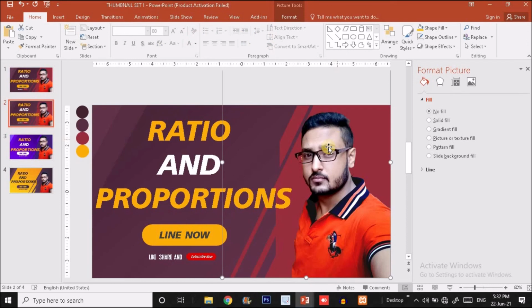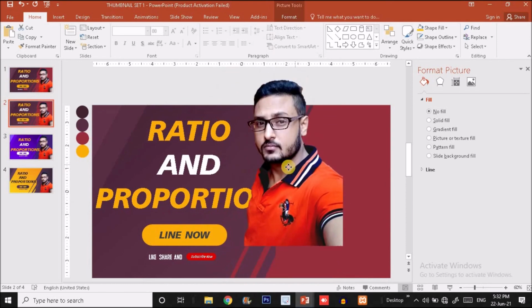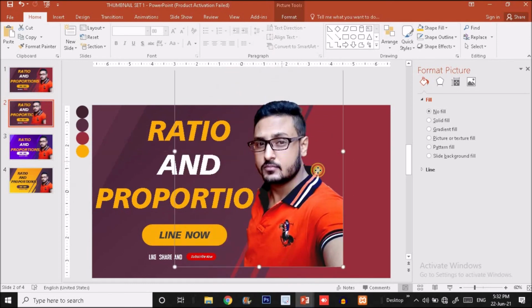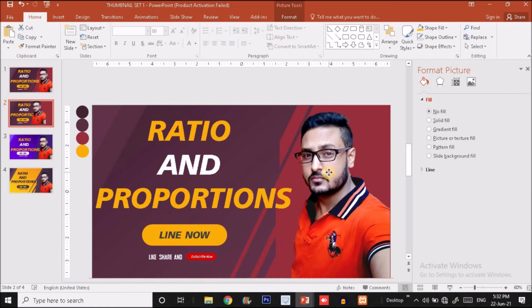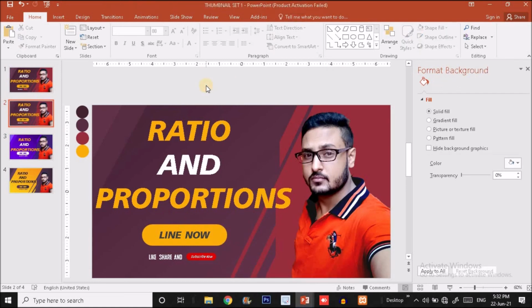So, and let me tell you about the picture, guys. I have created this in PNG format. I have removed the background in Photoshop and maintained the levels by pressing Ctrl L on the keyboard in Photoshop. So this is what I got from Photoshop, guys. So you have to choose a better picture that you want to put on your video thumbnail, and do some changes, alterations in Photoshop to make it more attractive and focusing. So this is how you can create beautiful thumbnails in PowerPoint.